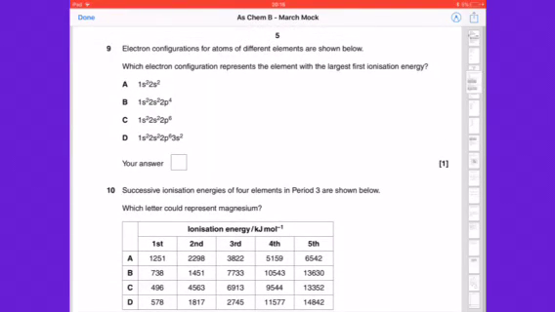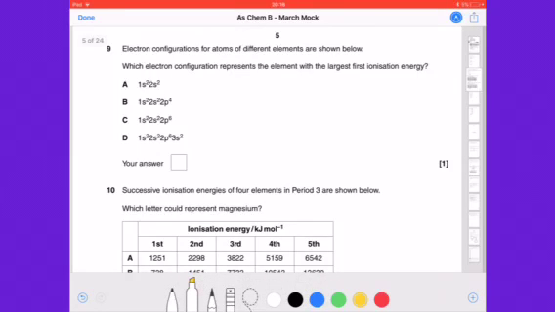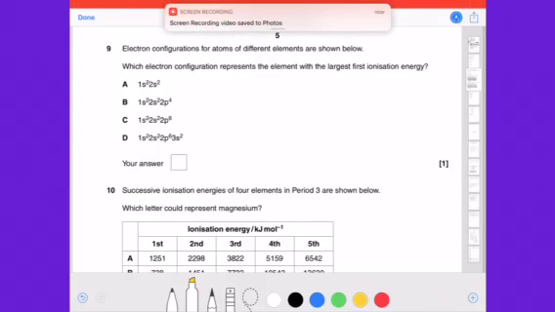Question 9 here. Question 9 asks which of these electron configurations represents the element with the largest first ionization energy. The first thing I would say is that this depends on the number of protons in the nucleus and also on the shielding in the atom. Now, shielding takes priority first,